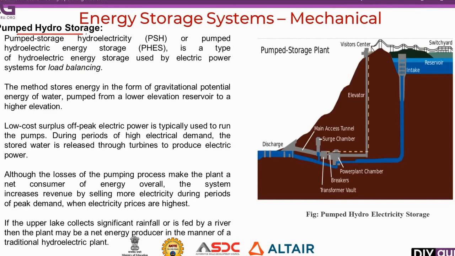Then comes the pumped hydro storage. See, this is the diagram of the pumped hydro storage system. Here we will be having the existing hydroelectric plant. We have an inlet pipe coming from the downstream lake or pond. With the help of a small pump set up here, during the light load condition, the water in the downstream is sent to the reservoir. It is stored in the reservoir, and when there is a peak load demand,